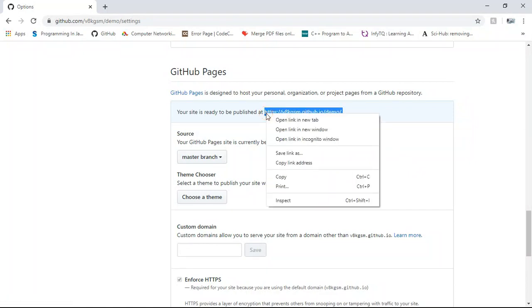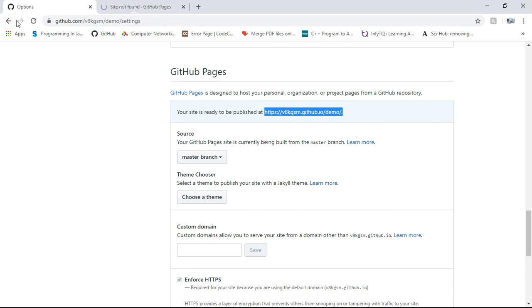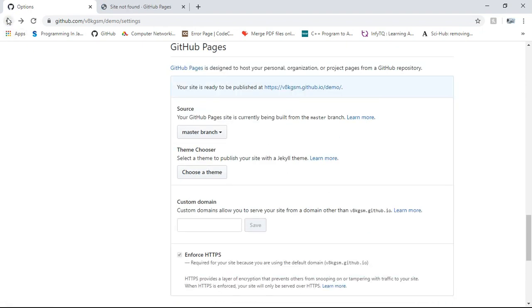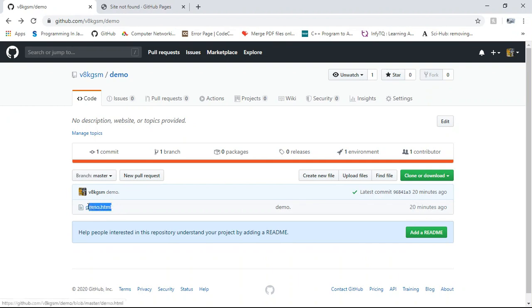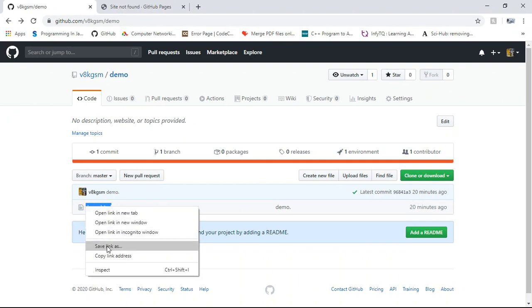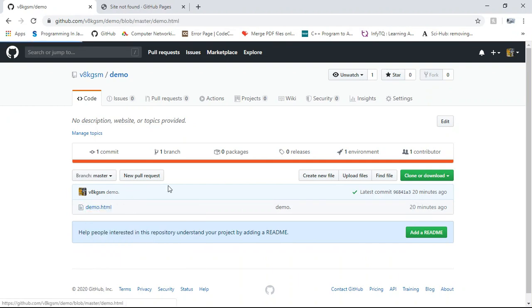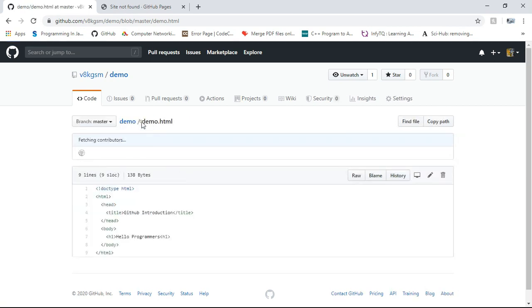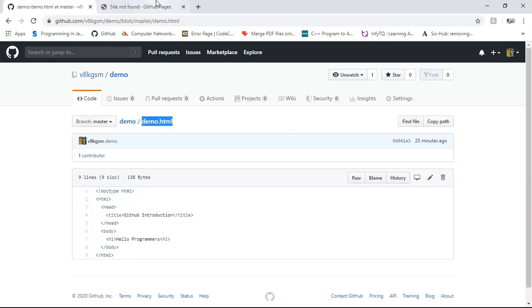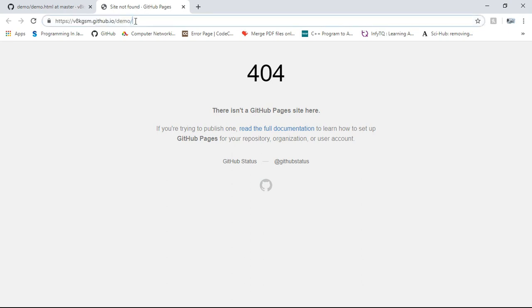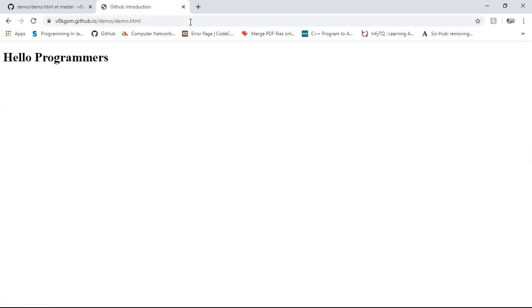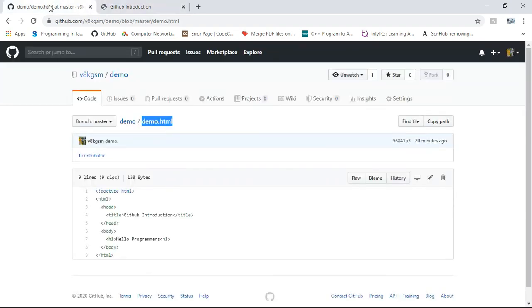We will open it in a new tab and we will simply go here. We'll copy this, we will paste it here, and yes, you now can host your web pages on GitHub.